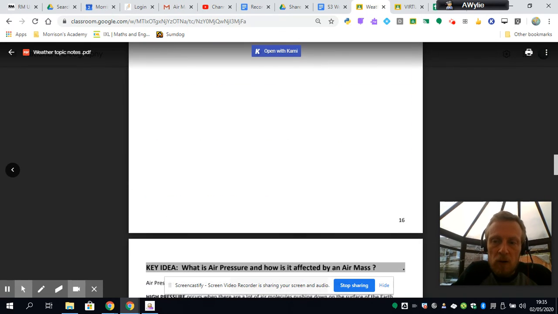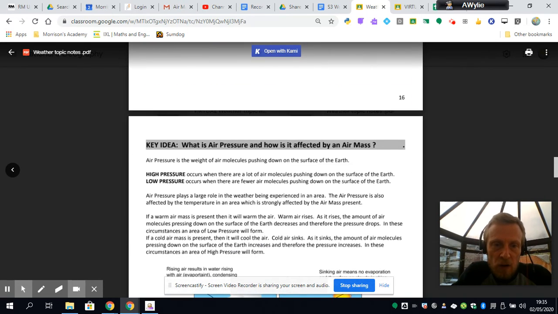On top of that, you got your first introduction into a really important part of the weather topic, which is air pressure. Whilst we will not end up talking that much about air pressure, we basically need to understand whether air is high pressure or low pressure. You were told what the difference between these two was. It's to do with the amount of air molecules pushing down, whether there's a lot or a little. Now, why is